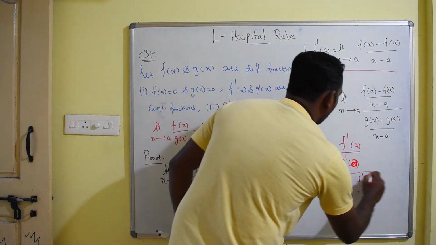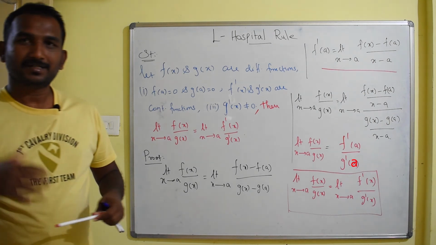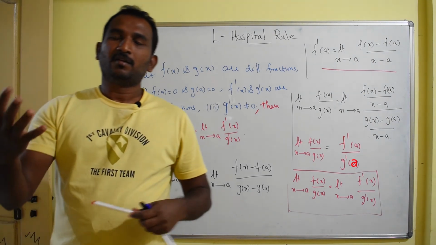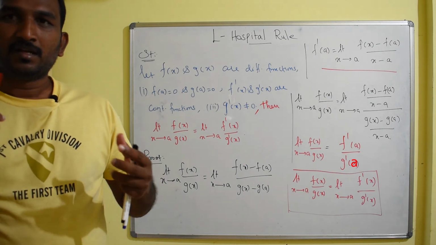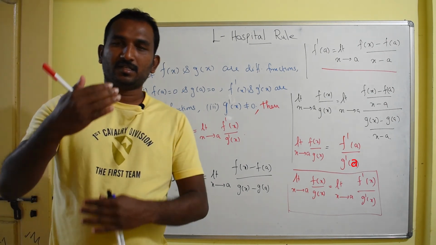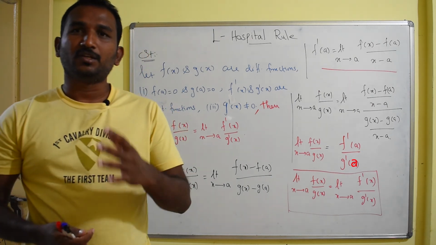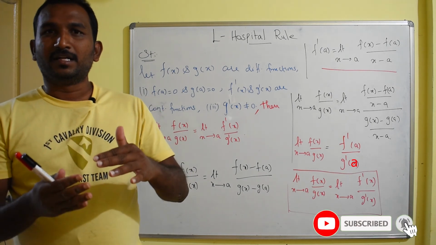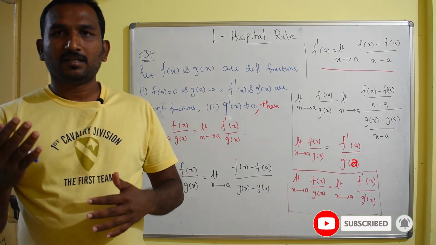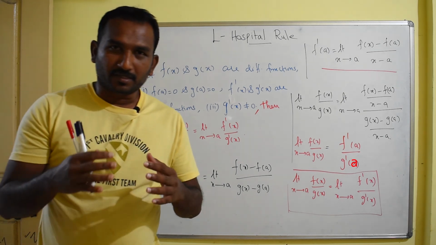So this is how we can prove the L'Hospital rule. That means what it says: if you have the functions f of x and g of x, and you bring them to the numerator and denominator, or we can say the fractional form, then you can differentiate the numerator and denominator independently, then finally you will get the finite value. So you need to proceed with the L'Hospital rule until then.